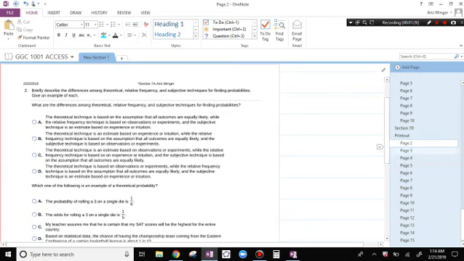Briefly describe the difference between theoretical, relative, and subjective techniques for finding probabilities. So theoretical is when something random happens, and you're thinking that all the events have the same likelihood of happening, right? So for the relative,